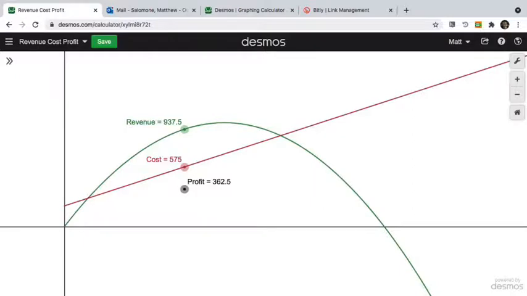So my next question that I want you to discuss is a little bit more conceptual and open-ended. What I want to know is, at this point of maximum profit, what is the relationship between revenue and cost? So what is going on here? What features of these graphs, what features of the revenue and cost graph are telling me that this is where the profit is largest? Tell me the profit is maximized